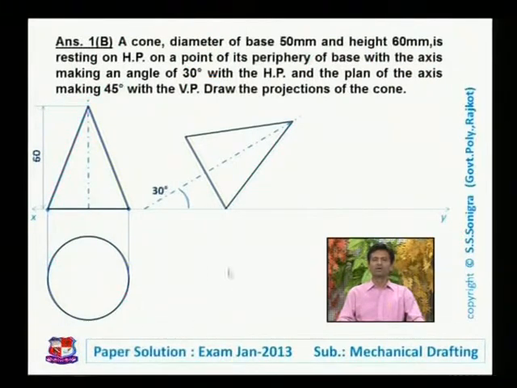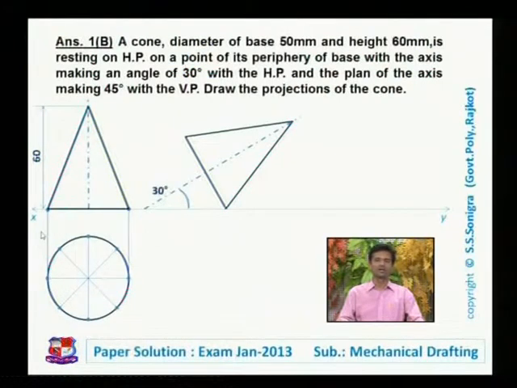Now we have to draw the top view of this front view. It will lie over here. So here its top view would be there. So for that, let me start from here. Divide this top view in equal number of parts. Say we have divided this periphery of this cone into 8 equal parts, because it is having circular face.